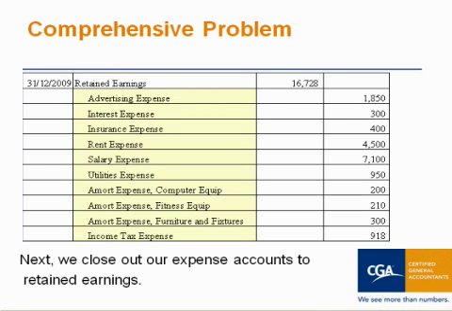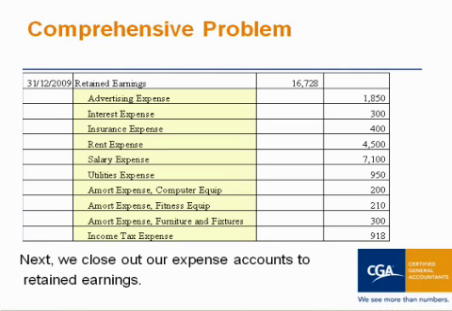So we're going to be debiting retained earnings and crediting to clear out our expense accounts. So we'll be crediting advertising, interest, insurance, rent, salary, utilities, the 3 amortization expense for our capital assets, and our income tax expense. We will be crediting all of those accounts for the T account balance or the adjusted trial account balances. They have a natural debit side balance. We're going to credit them for the total amount to zero out all of these accounts. And that sums up to a posting to retained earnings of a debit of